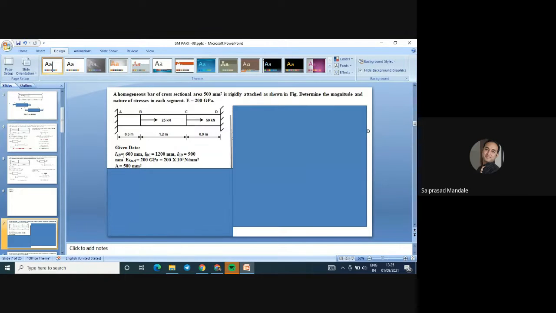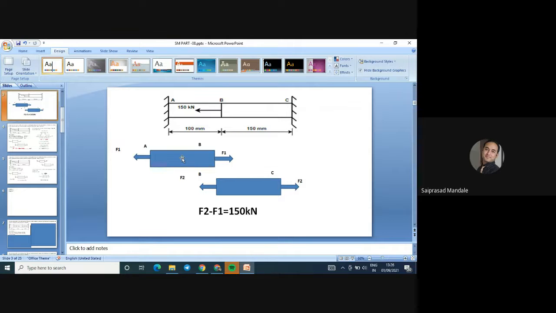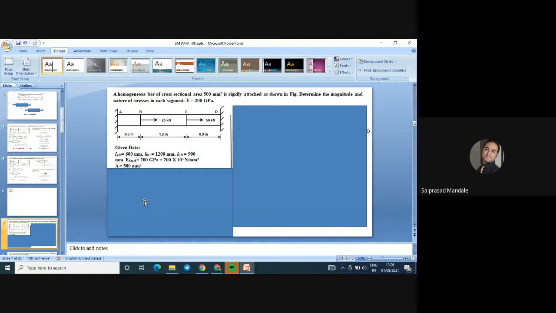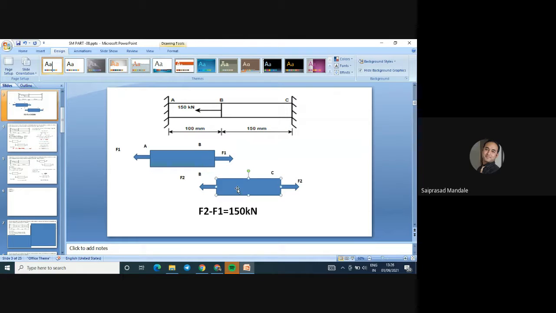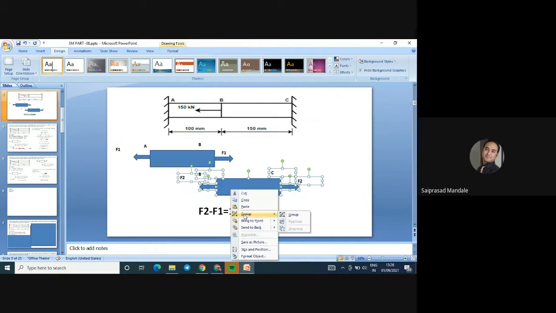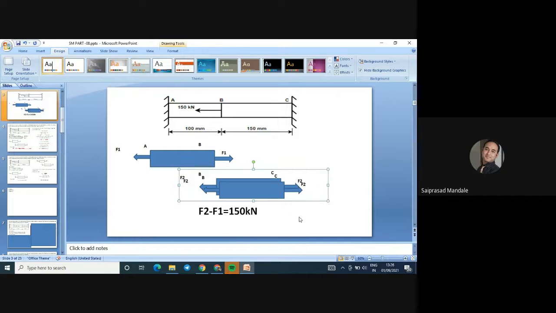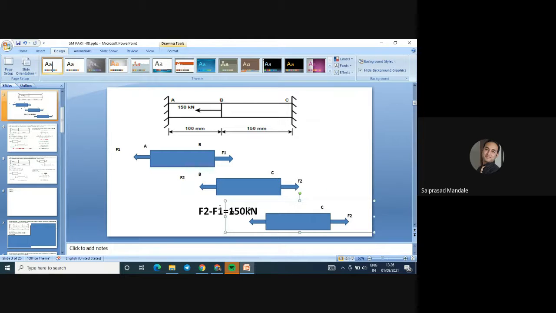So tell me how the diagram will become AB, BC, and CD, and all these three section members are subjected to tensile forces in such a way. Okay. So everybody, please draw the ABC diagram and tell me. You have to draw the diagram likewise. I'm going to draw the third diagram over here. This is my third diagram.